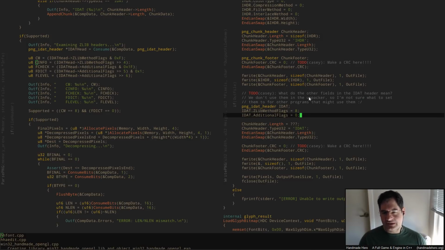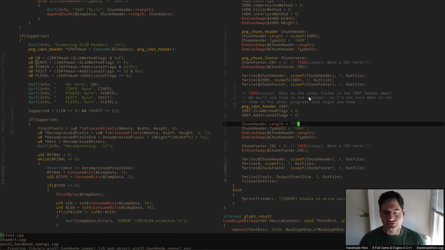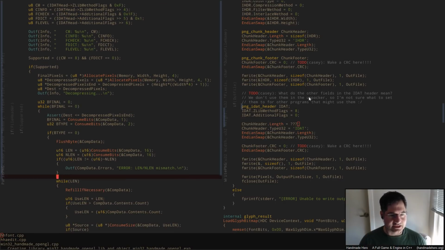So we want to find something in the spec. We should look a little harder after we get through this, just to find out what else is supposed to be there, because we should probably set those things to line up properly with what we're trying to do. I'm just not sure exactly what that should be yet. So we have an IDAT header that goes in there, and then all we've got, it looks like, is